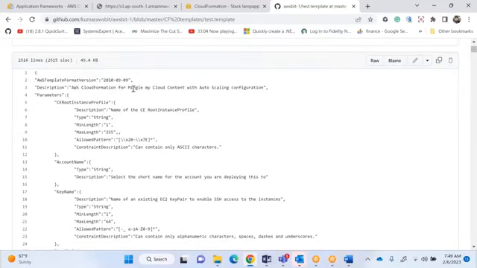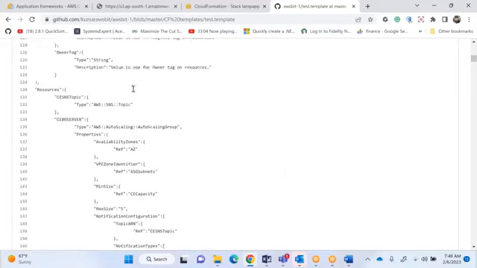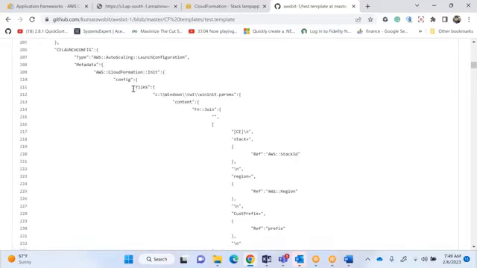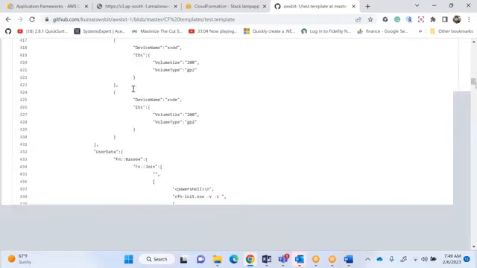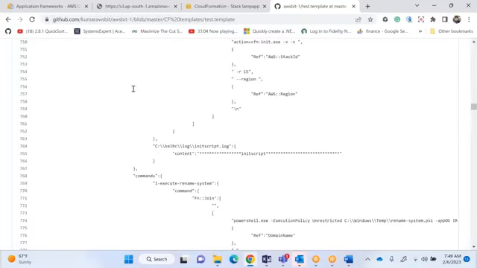I don't know which year this is, but if you see a very huge CloudFormation template, you write everything in real time: CloudFormation templates, auto scaling, it depends on it. So I'm not creating one or two systems, sir. It is going to create massive stuff.